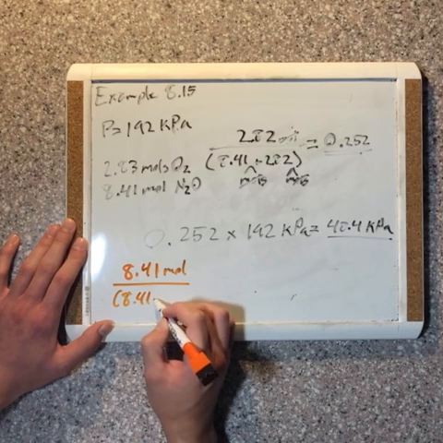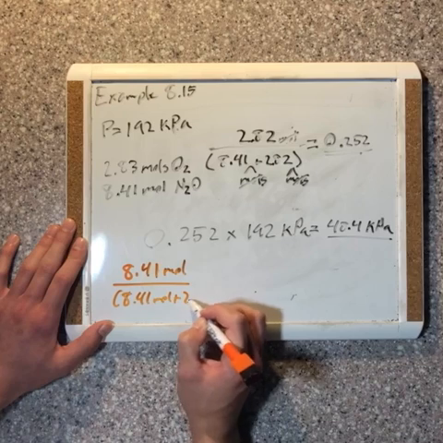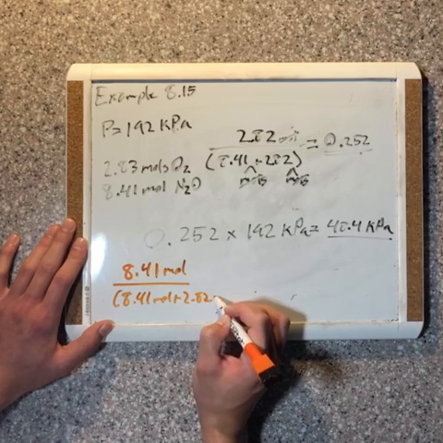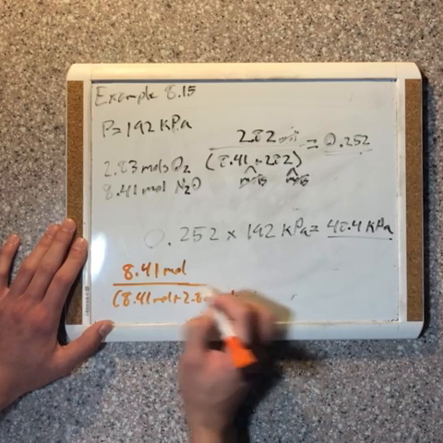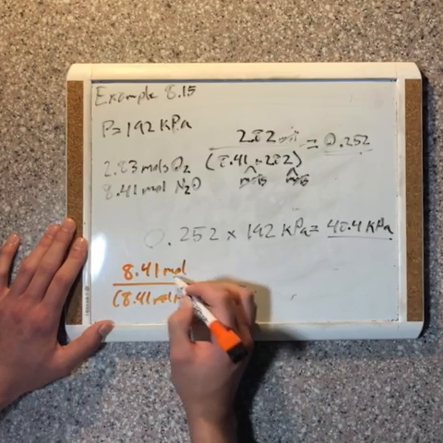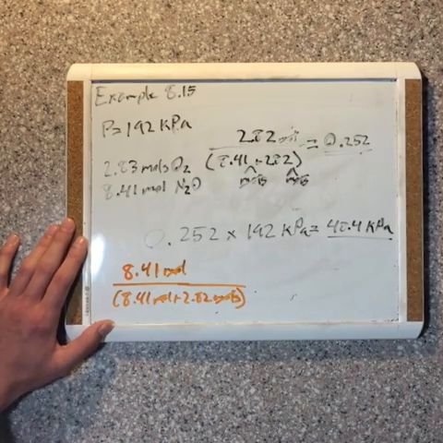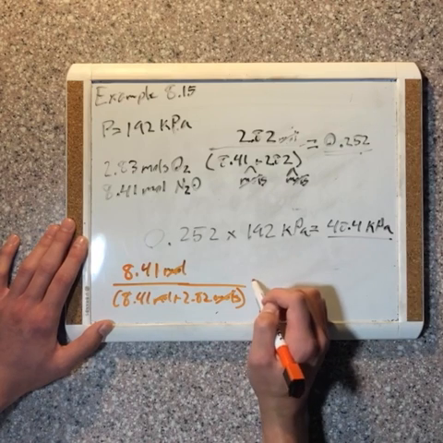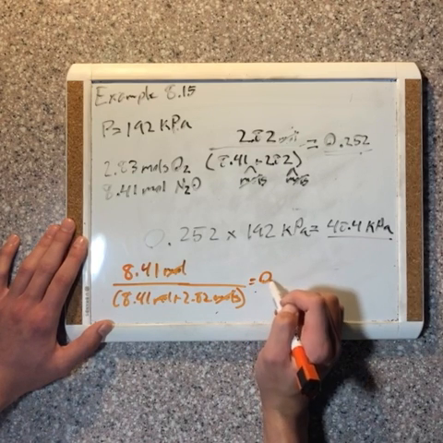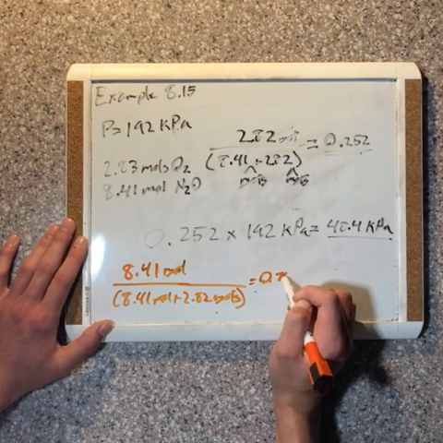So 8.41 moles plus 2.82 moles. All right, all the moles cancel. And we are given a fraction of 0.748,